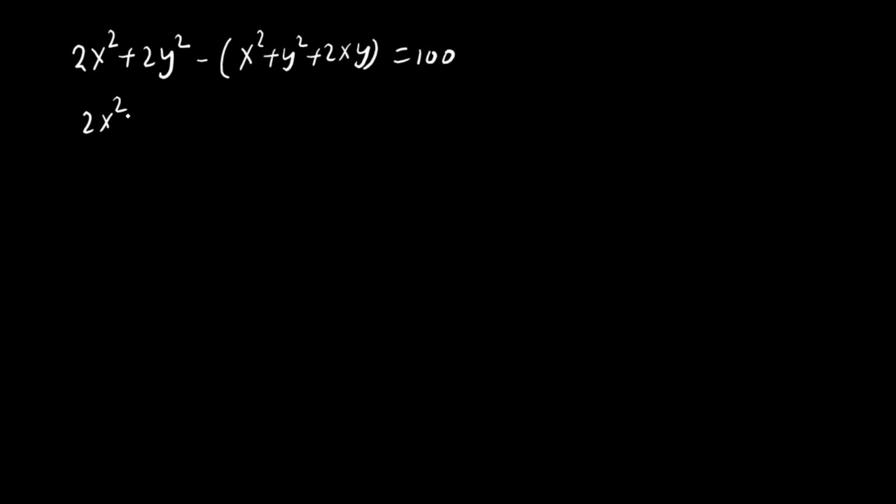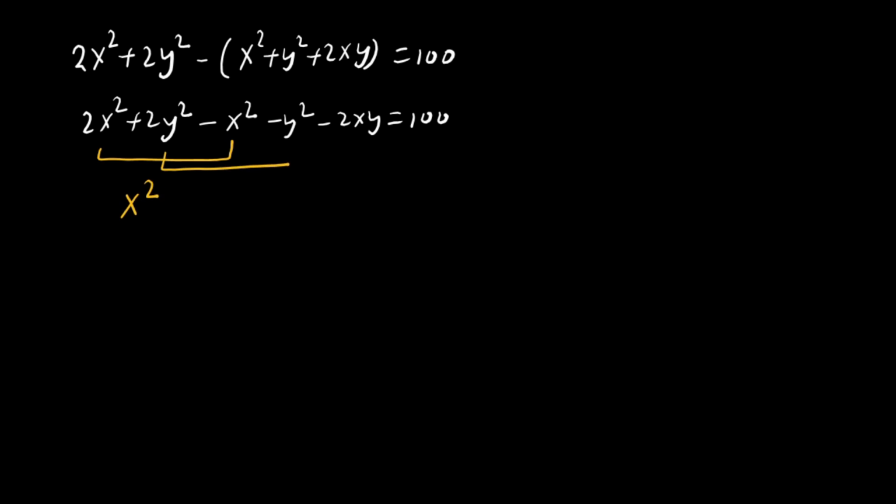Now 2 times x square plus 2 times y square, this minus multiplied by x square gives minus x square, minus y square, and minus 2 times xy, and this is equal to 100. Here 2 times x square minus x square is x square, and 2 times y square minus y square is y square, minus 2 times xy, is equal to